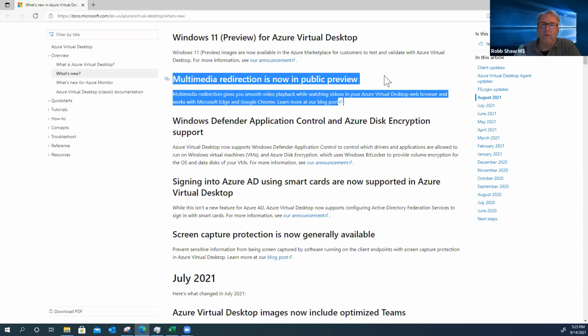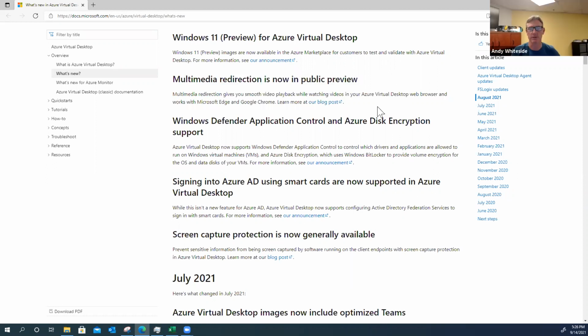So it will have to follow that Edge and Google Chrome capability to be able to redirect those capabilities. Yeah. So John, you're an old school virtual app, virtual desktop guy. Multimedia redirection is the ability to offload that and provide the user a good experience and save on resources on the back end. It's a must-have, right?